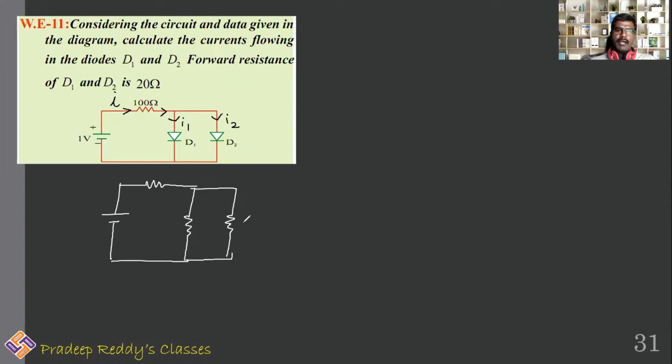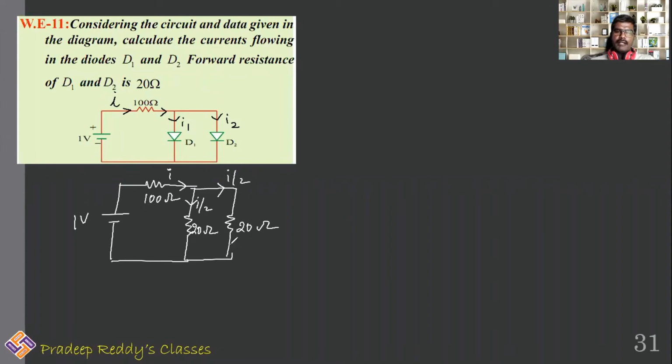Diode is replaced with a wire because it has a forward resistance of 20 ohm, and this also has a forward resistance of 20 ohm, and this has a resistance of 100 ohm. You are providing a voltage V, and as 20 ohm, 20 ohm, these are two equal values, the total current which is entering into this 100 ohm gets divided into half. Half part enters into diode D2, that is I by 2, and half part enters into this diode which is 20 ohm. So I want to now calculate net current in the circuit.